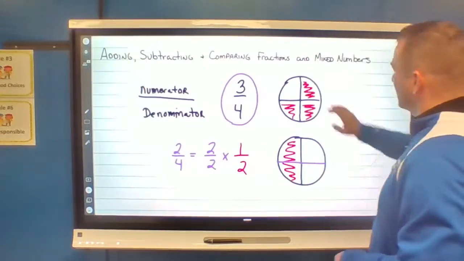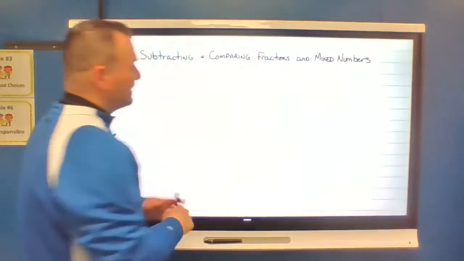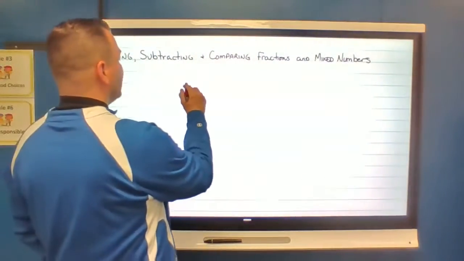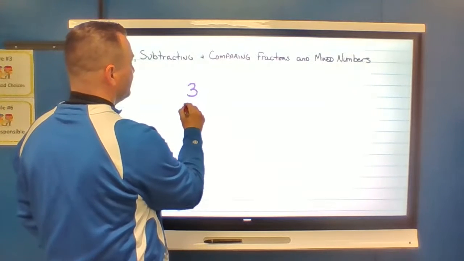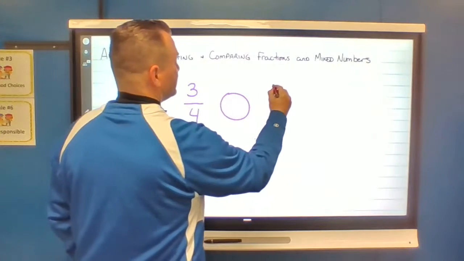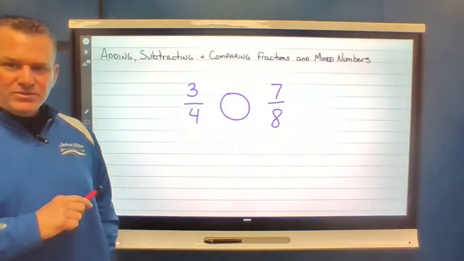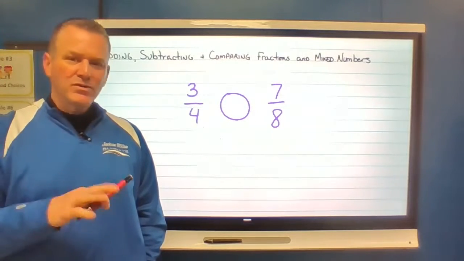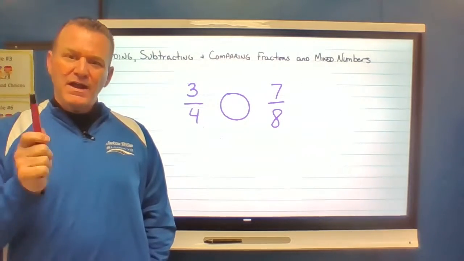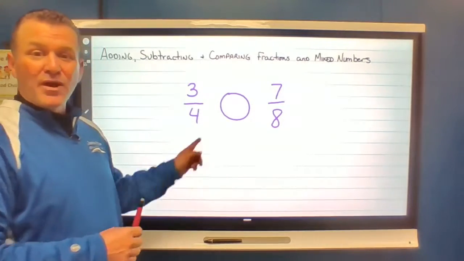So one more quick example. If I wanted you to compare 3/4 to 7/8, you cannot do that right here. We're not cross multiplying. We're not doing any of that. We are finding common denominators. And in this instance, regardless of whether I'm comparing them,